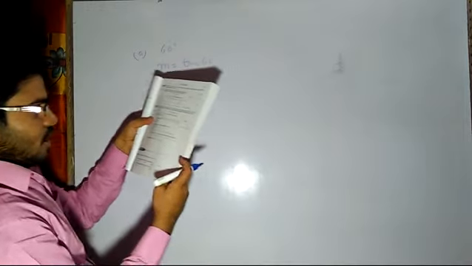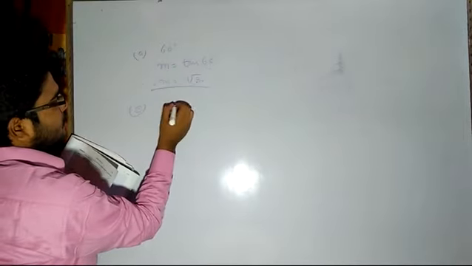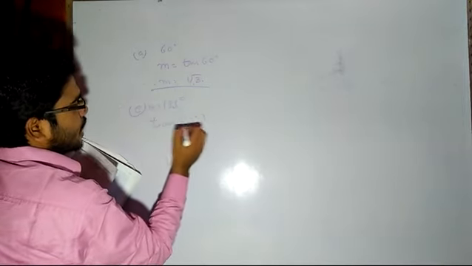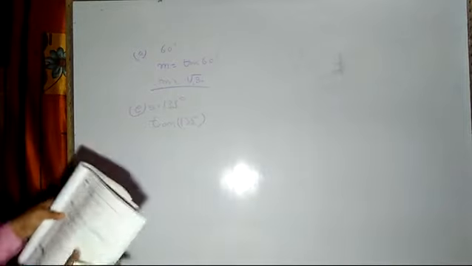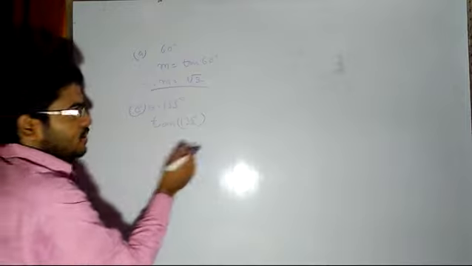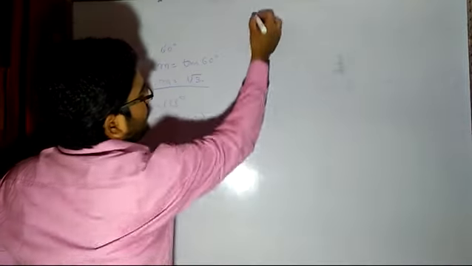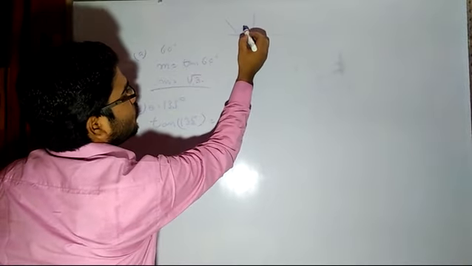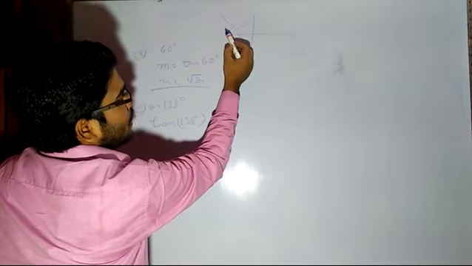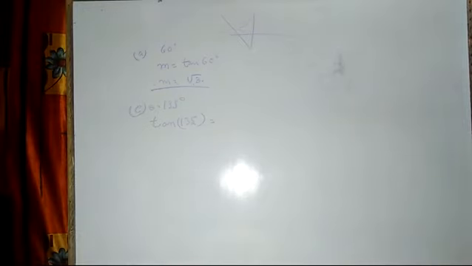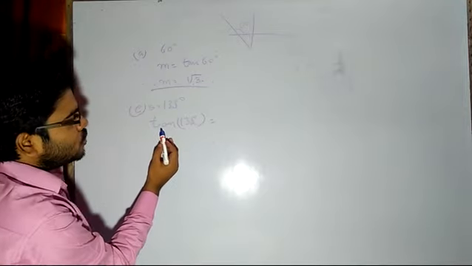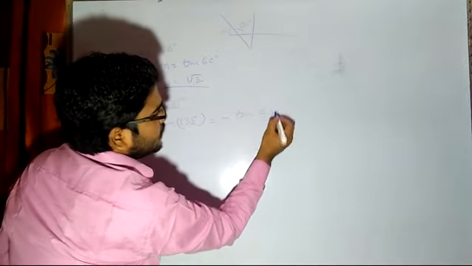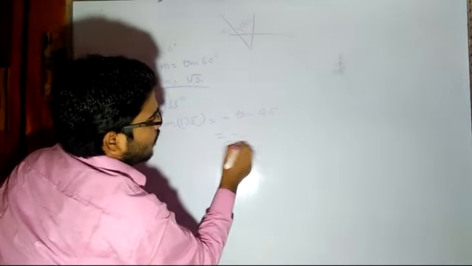Like you are having the next part, that is 135 degree, right? Theta is 135. So slope is equal to tan of 135 degree. Now 135 degree means it has come to the second quadrant. So if you try to find out, you will be having a line like this, which means this angle is equal to 135. So 135 plus 45 will make 180. So what I have told you, you can write tan 135 as minus of tan 45 degree, right? So this will be equal to minus of 1.